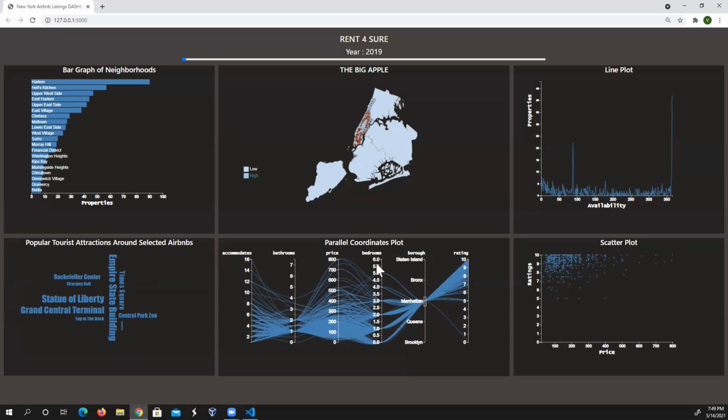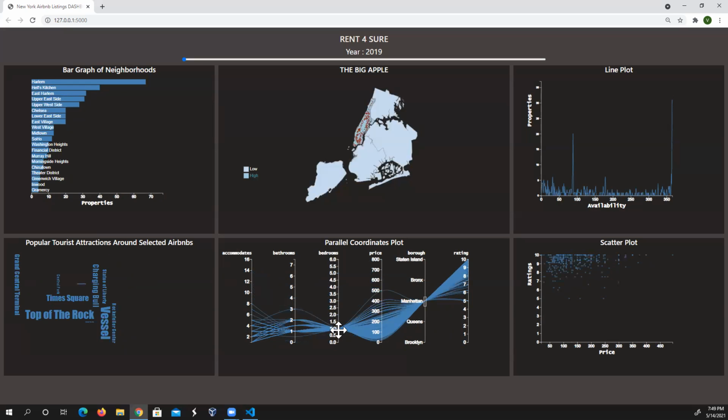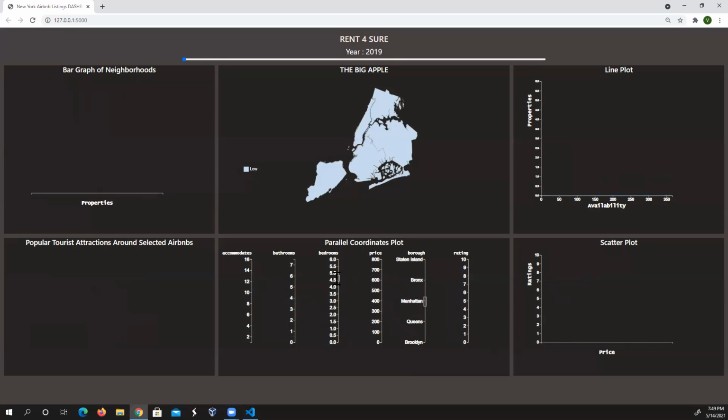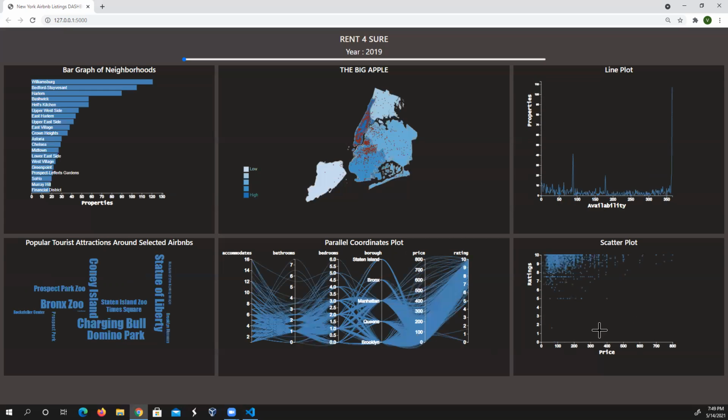So we have implemented this feature so that we can rearrange the axis. And let's go to one bedroom. As we shift upwards, we can see that the price also kind of moves upwards, which suggests a positive correlation between the number of bedrooms and the price, which is kind of intuitive, right? And it confirms what we intuitively think.